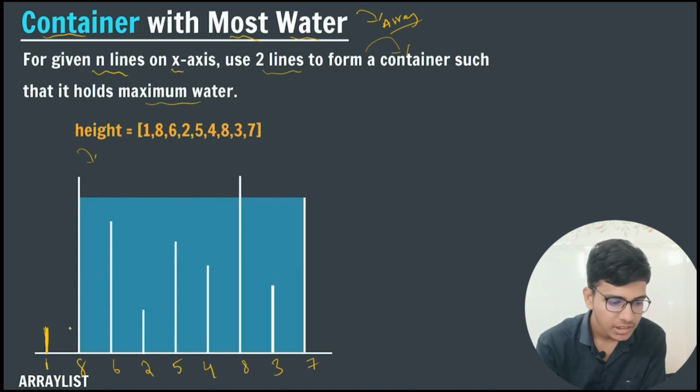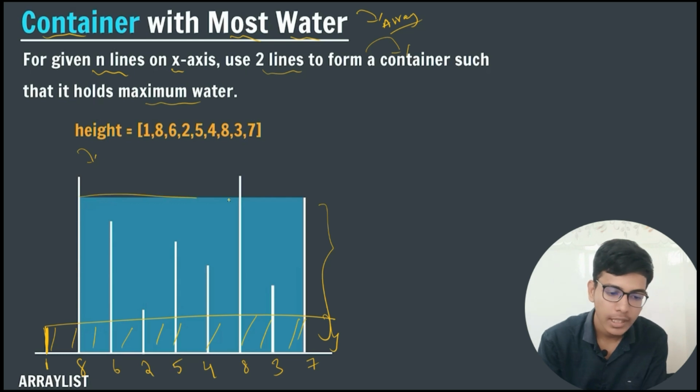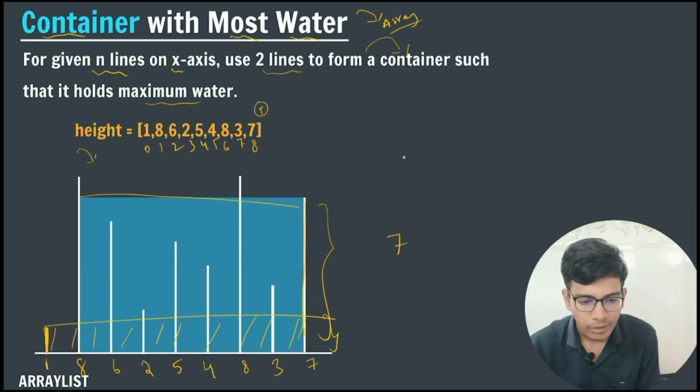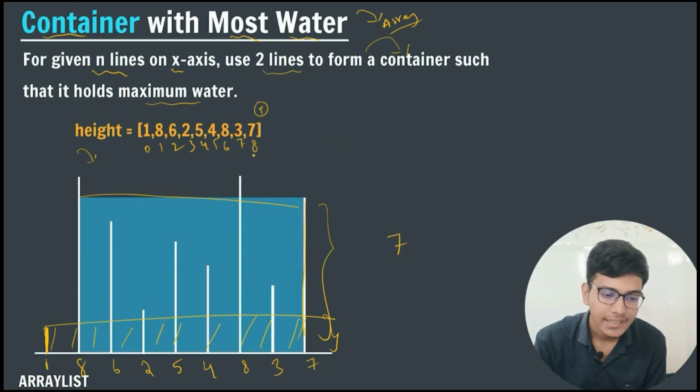Okay, so here you can see that line 1 and line 7 will hold some water in between them, but this water is less than the maximum water. The maximum water is shown here, where the height is 7, and the total elements are indexes 0, 1, 2, 3, 4, 5, 6, 7, 8. So 8 minus 1, that is the indexes, so the width is 7,